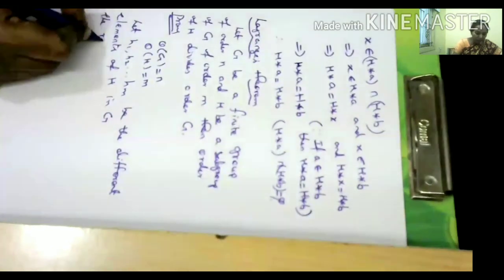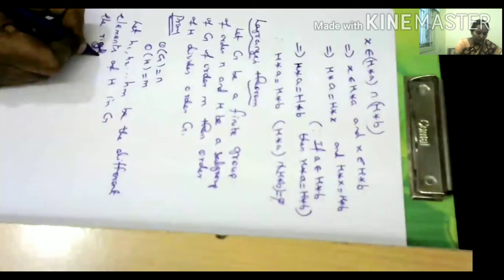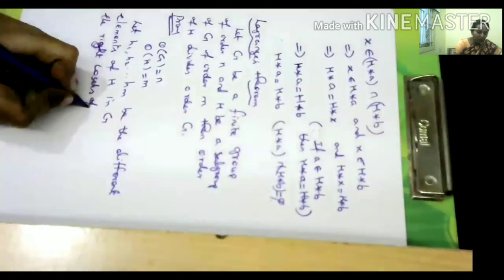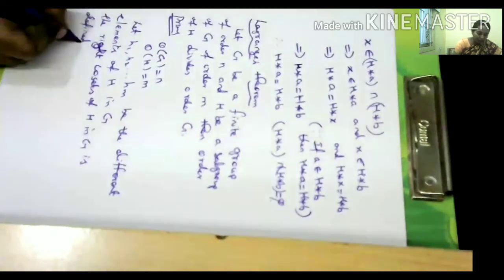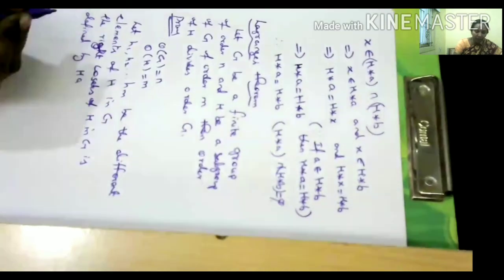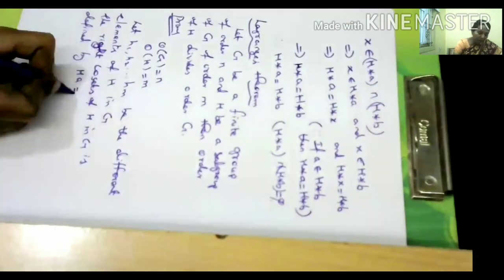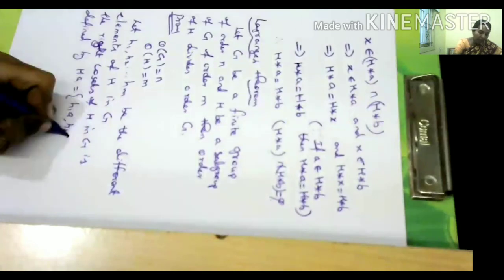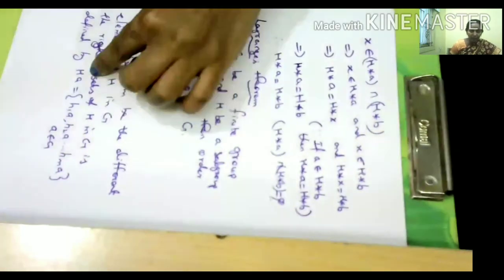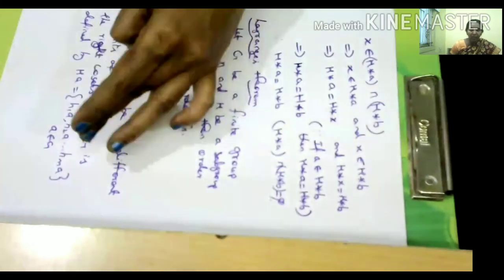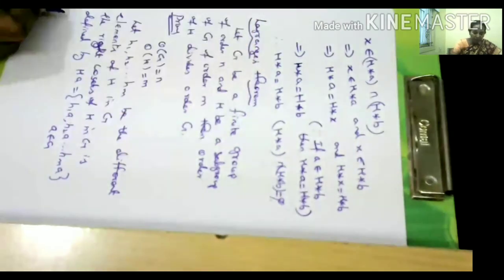The right cosets of H in G are defined by HA, a right coset. This is equal to H1A, H2A, etc., HmA, where A belongs to G. Suppose we take one element from G; then we can find the right coset HA. It contains the elements H1A, H2A, etc., HmA.